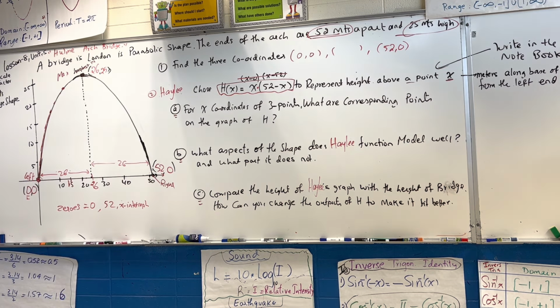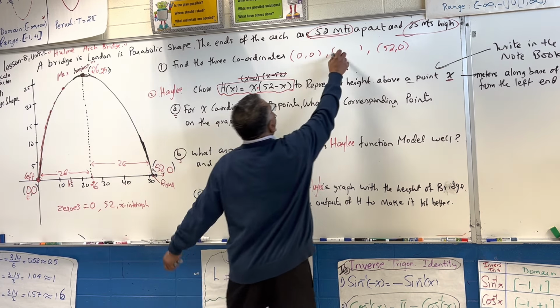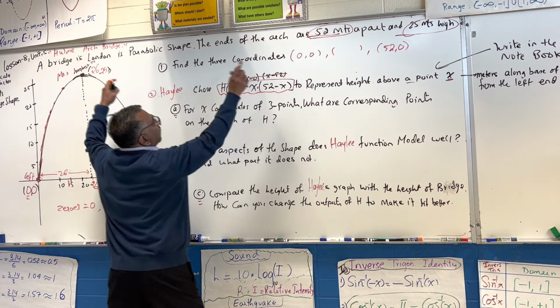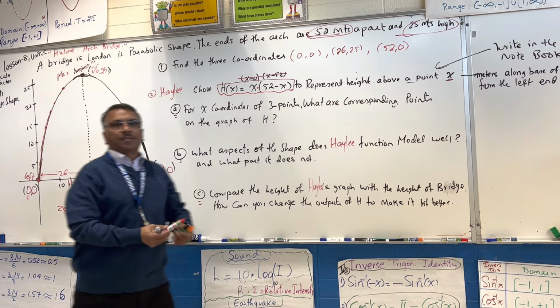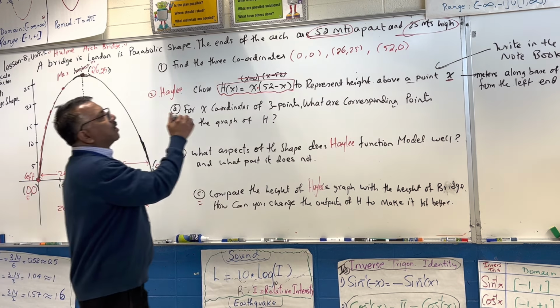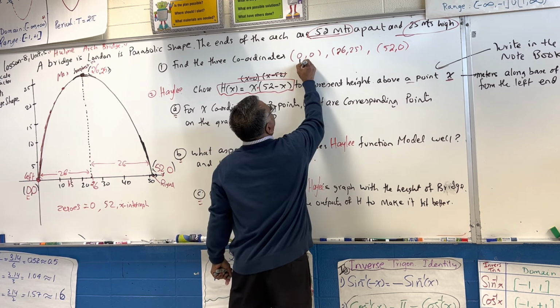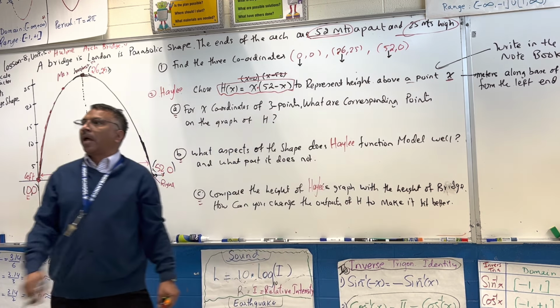Let's ask Kimberly. For x coordinates of 3 points. Okay, I think we forgot to write here, right? This is 26, 25. This is 26, 20. Write down there. Now for each of the x coordinates, so which are the x coordinates? X is 0, x is 26, x is 52. These 3 x coordinates,